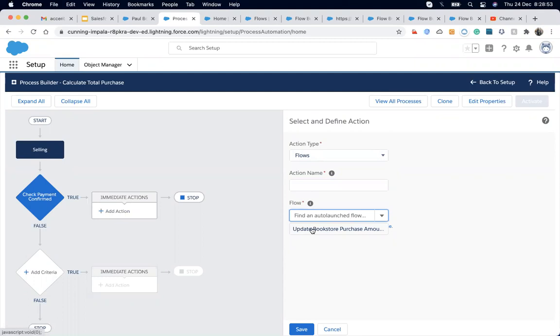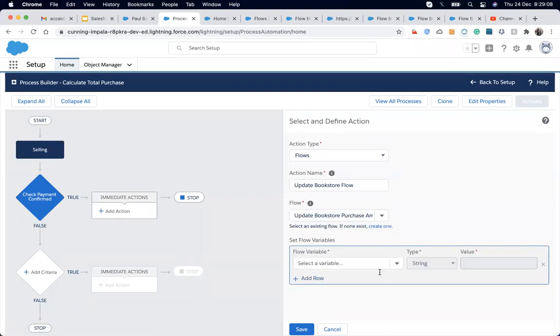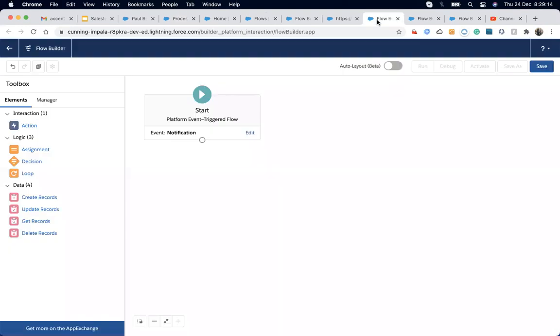Yeah, now it's coming up. Okay, now it's asking what values I need to pass on. So I need to pass on the bookstore ID. You remember this is the same one I declared up here.